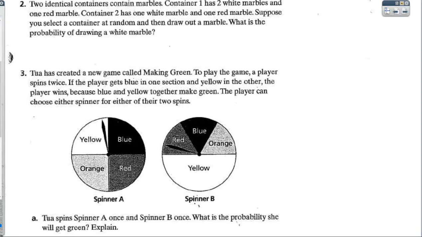So now we have problems number 2 and 3 all on one video for your probability enjoyment. So we have 2 identical containers of marbles, because what could be more fun than identical containers of marbles? Container 1, let's draw container 1,